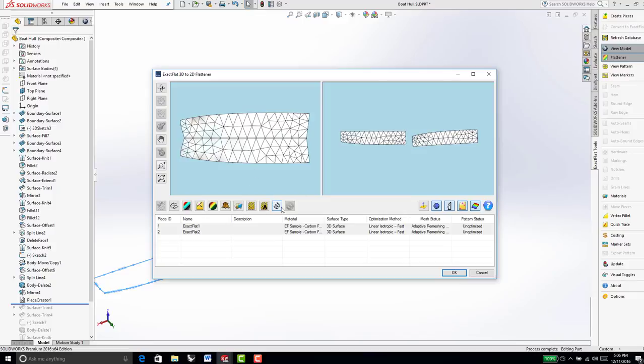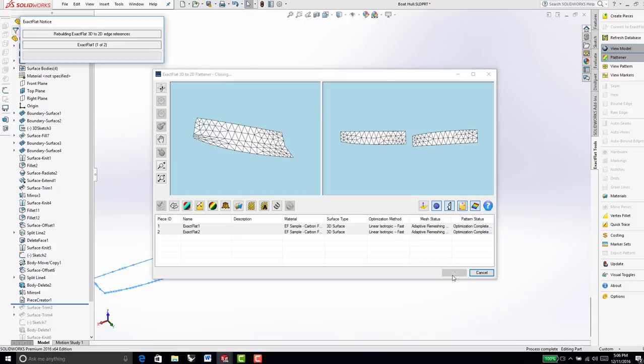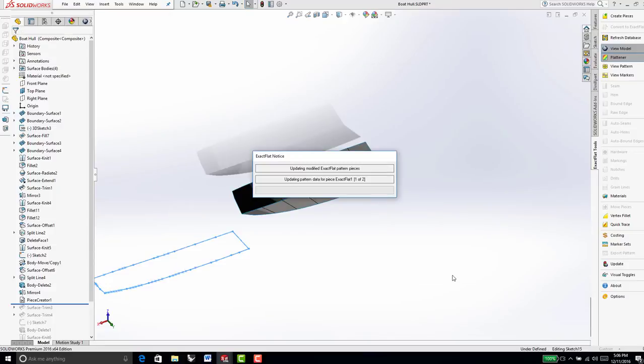Once I've done that, I'll hit my optimize button, and it's going to flatten based on the parameters, which is the material that I selected, this composite twill. So now I have my 3D part over here and my 2D flat pieces over there. I'm just going to hit OK, and I'm going to bring that into the next part, which is my pattern view. It's going to take those pieces as flat pieces and bring them into the next window,